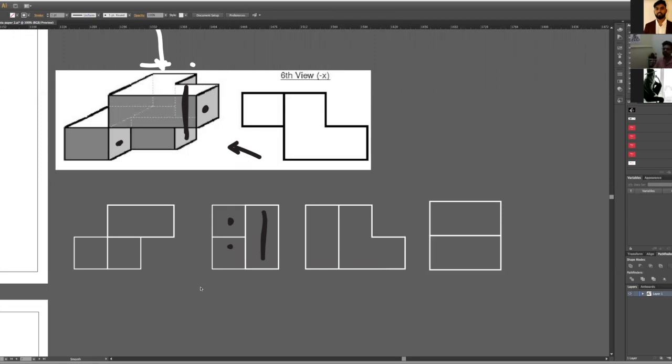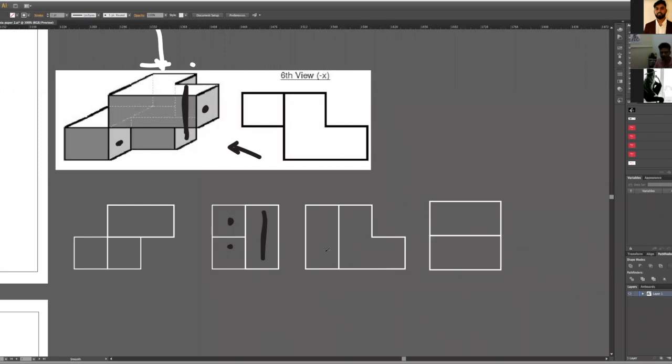Sir, if we see it according to the top view, then for the front view there should be another cube beside the long rectangle. Sorry, I didn't get you. So according to the top view, the base part has 3 cubes, right?